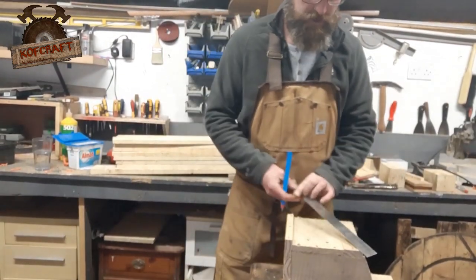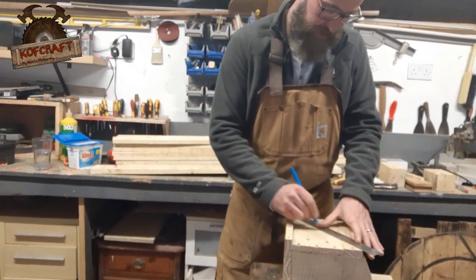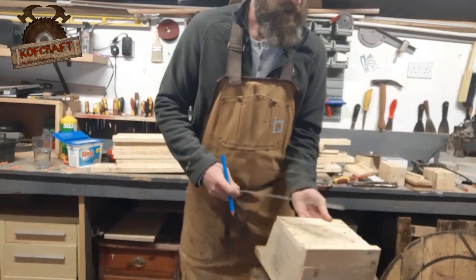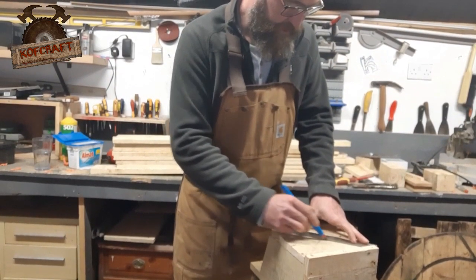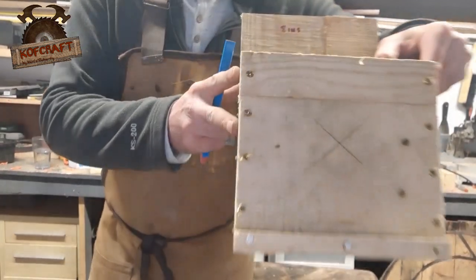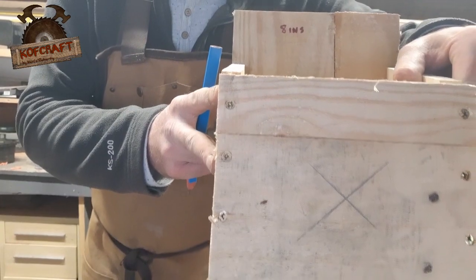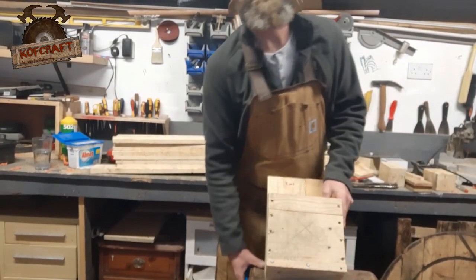Ruler. Go from corner to corner. You don't have to do a straight line right across. Just like this. So that will literally be X marks the spot. Now you can do this a number of ways. You can do this,